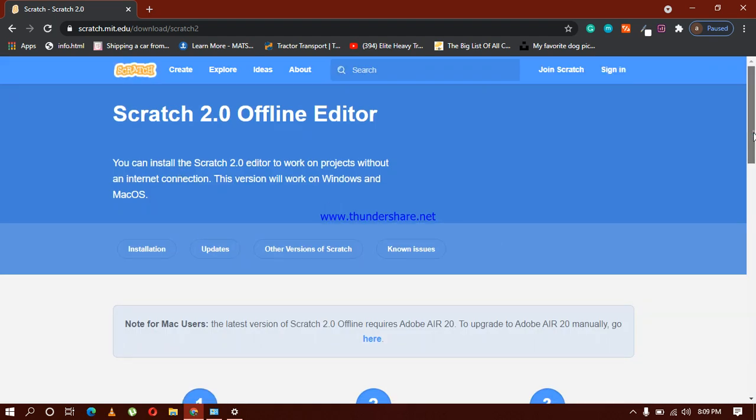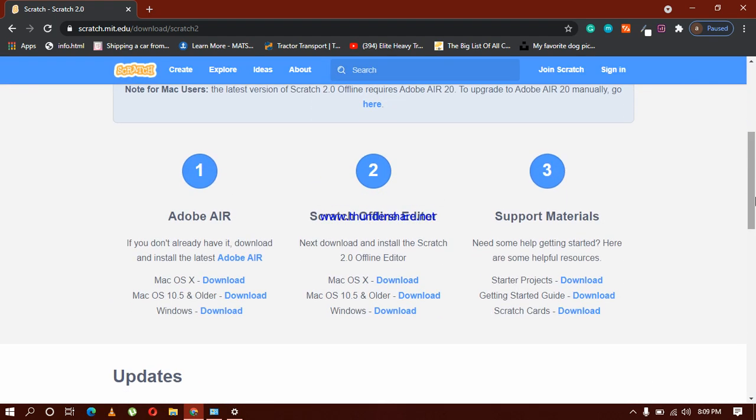All right, so scroll it down, and here are three options. You need to pick the second one because the first one is for Adobe Air. If you are interested to download Adobe Air in your systems, you can download it. And sometimes if Adobe Air is not installed on your system, it asks you to download Adobe Air first before downloading Scratch. All right, if you have not downloaded, you are going to download this one first, and after that you are going to download Scratch. But it is already in my system, so there is no need to install it again.